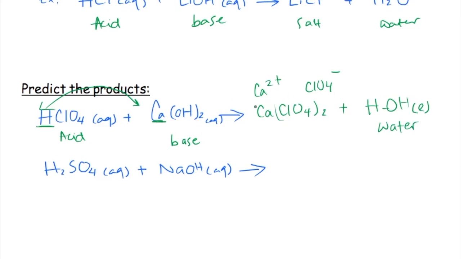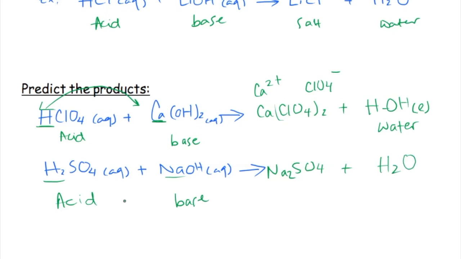I am not balancing the reactions for now because I don't want to make this video too long, but normally when you do a question like this, you have to balance the reaction. Maybe we'll balance the next one. So let's do this one. Sulfuric acid, excuse me, plus sodium hydroxide, it's the base. Now, the sodium is going to go with the sulfate, so NaSO4. Na is 1 plus, SO4 is 2 minus, so it's going to take a 2 here. NaSO4 plus